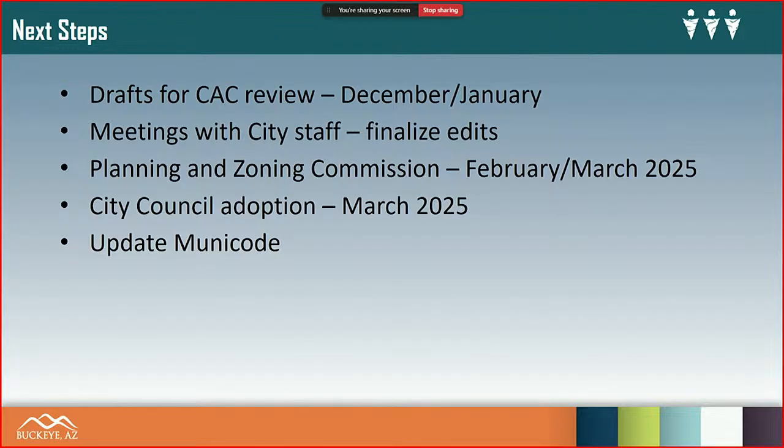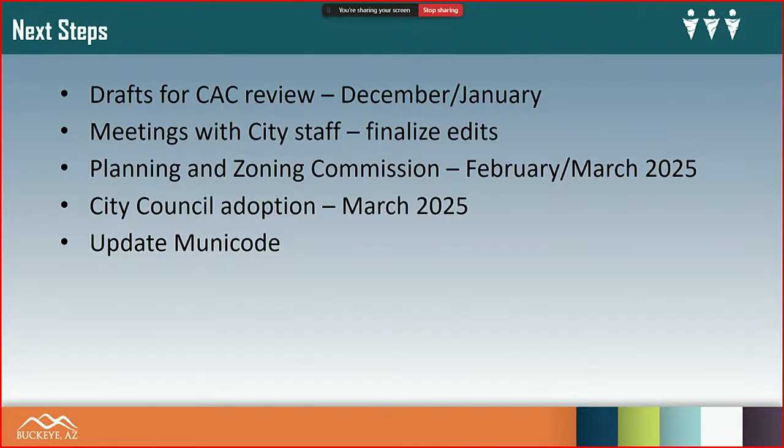Last week, yes. Which is a great segue, because that was one of the most recent steps for this process. Last week we had a meeting with our Community Advisory Committee, which includes a lot of the development partners plus many of you. We appreciate the participation in that. We are working on drafts, which will be circulated for review next month or January, ideally sooner rather than later, as each section is completed.